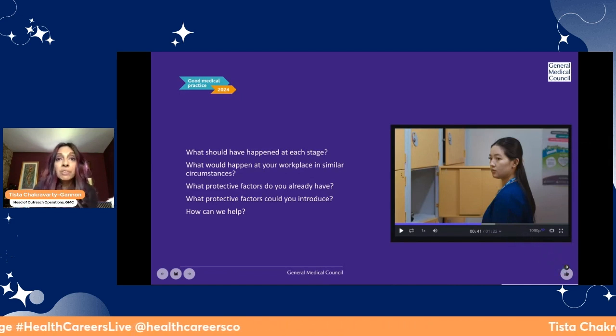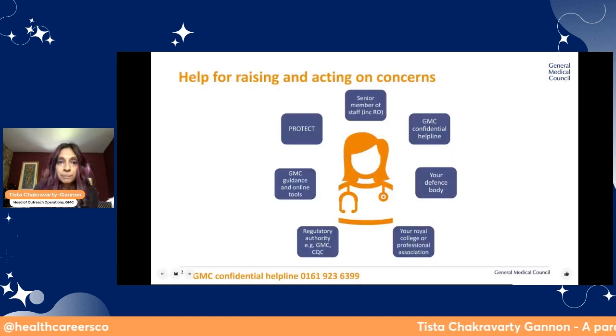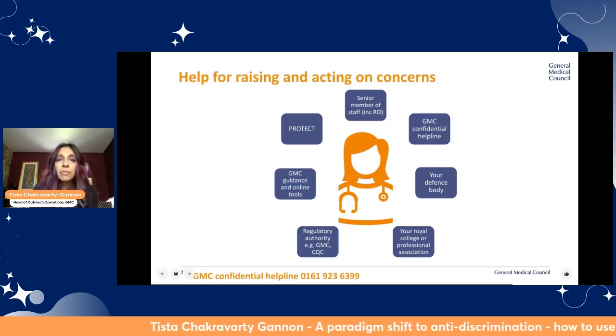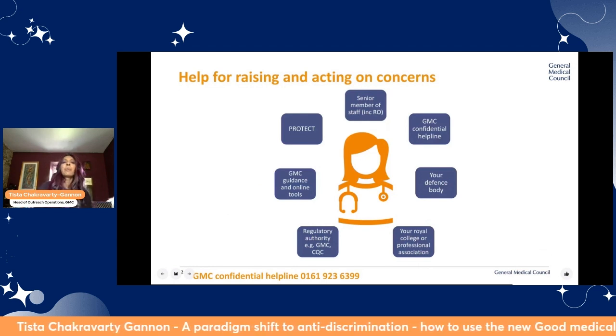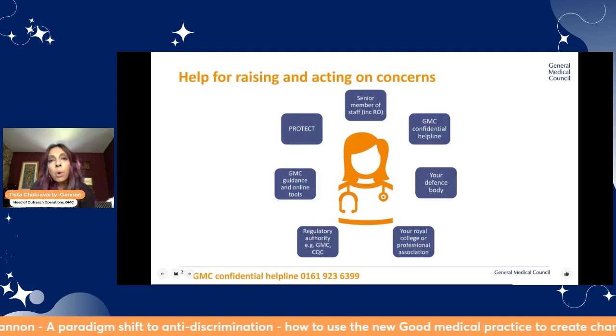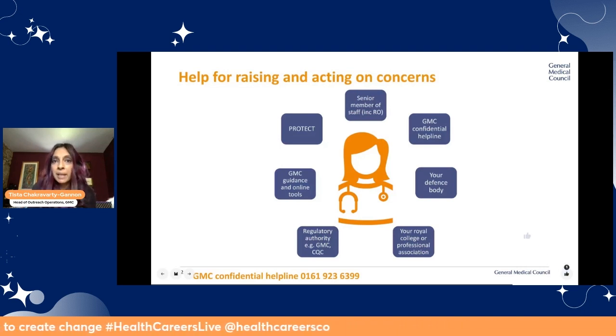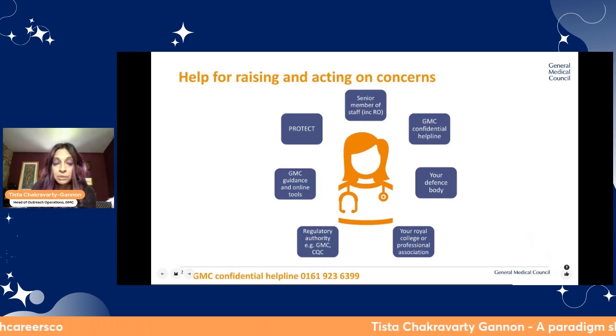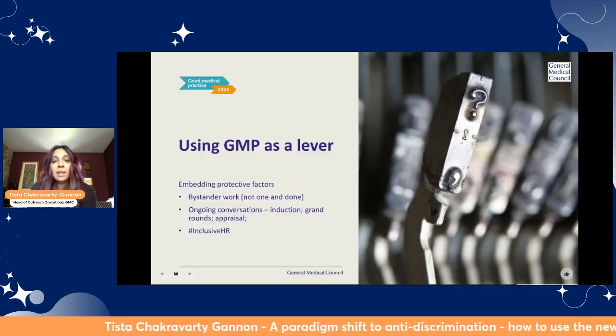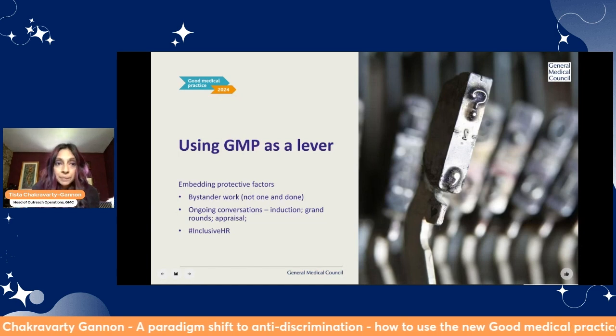You also need to know your routes if you don't feel comfortable in your organisation. So this, and of course the slides will be available for you later as well, gives you an overview of the routes available. Someone I spoke with recently told me that her view of the GMC changed considerably because she used our confidential helpline. She didn't feel like she could go to her organisation and found it so very incredibly helpful. So there are routes for you, whether it is freedom to speak up in your own organisation or confidential helplines or allies. So as I wrap up,